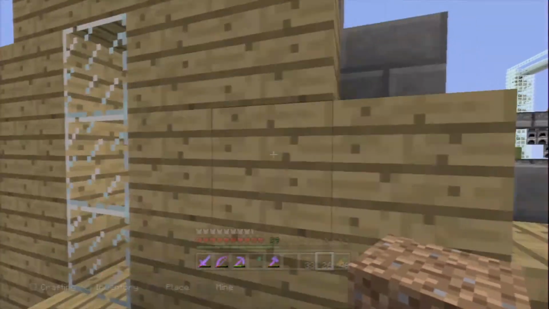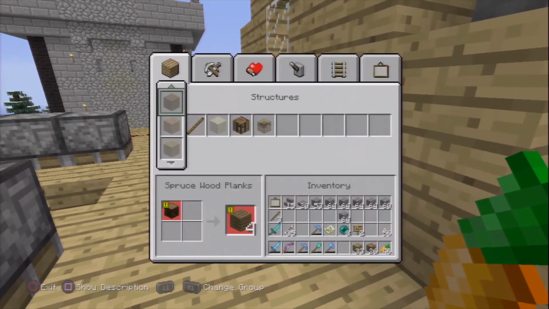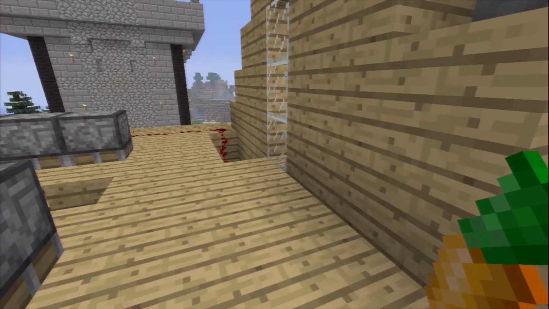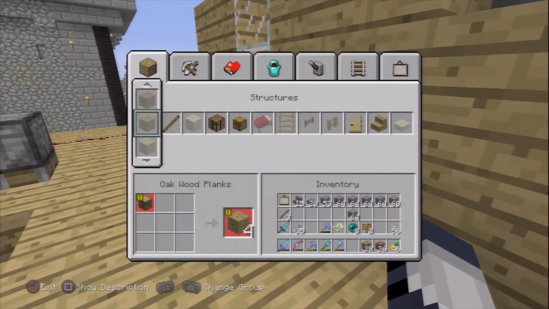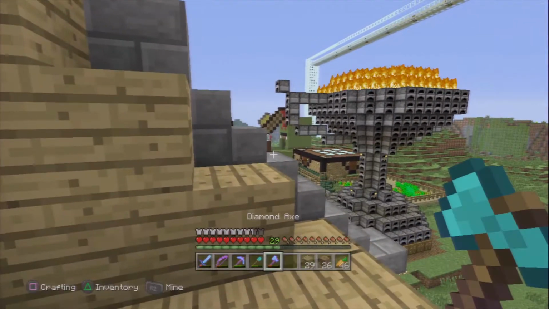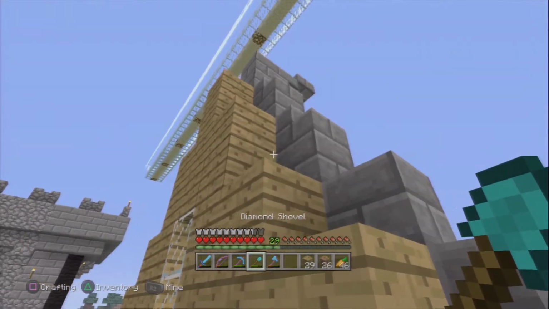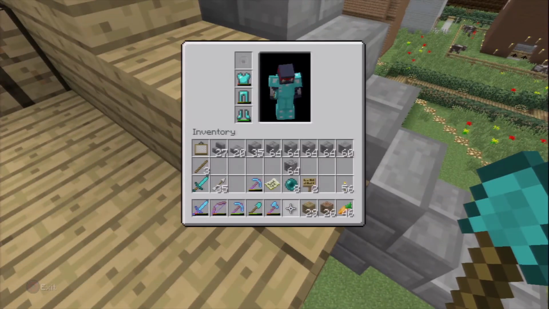I should build myself a more permanent way up and down, really, but it isn't my intention to stay up here or come back up here at any time. This is really just for today while we're finishing the roof. So we need a crafting table because I need to make myself some more stone brick stairs. Originally I was going to do this all in blocks, a bit like that road there, but I decided that the stairs and a couple of slabs would make it look a little bit more...